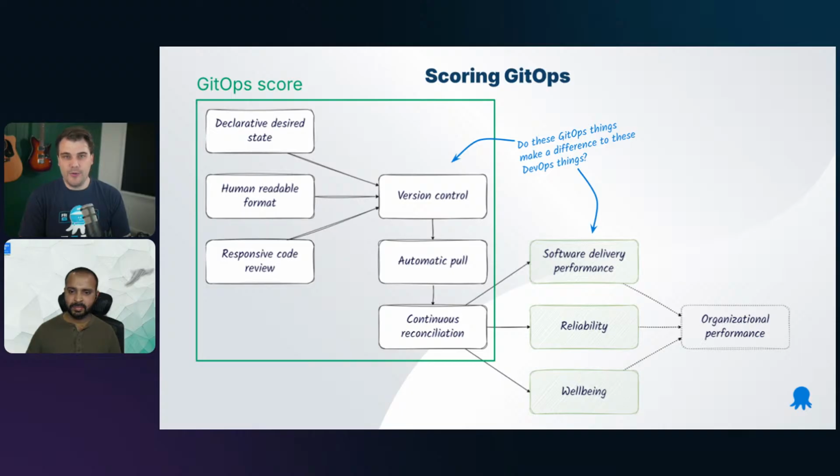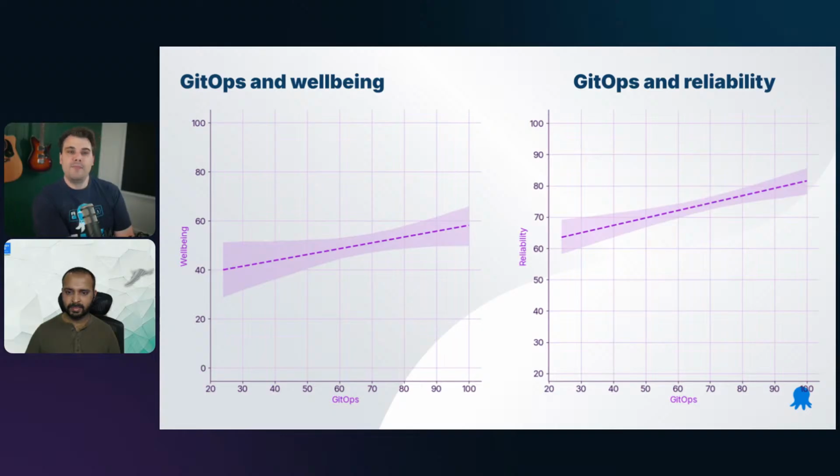And we had a number of questions in the survey. Some of those questions were binary, like, are you doing X, Y, Z, yes or no? Whereas some of those other questions had sort of a sliding scale to them. But we were able to break every response down to have a GitOps score. And then we could correlate that GitOps score with software delivery performance, reliability, and well-being. So as we move through here, we're then able to plot that out on a very fancy looking graph.